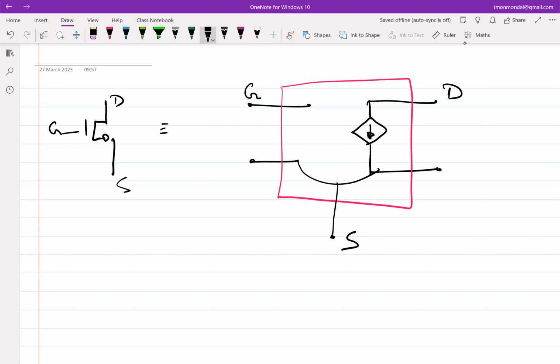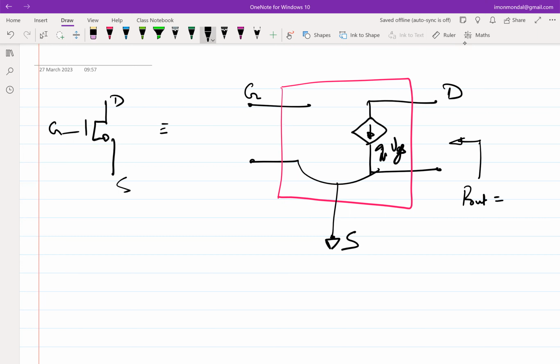So this is what we have been dealing with. This is what our incremental model of the MOSFET was. And if we short the source terminal incrementally, then we saw that this is GM times VGS. And then we saw that the output impedance looking in is